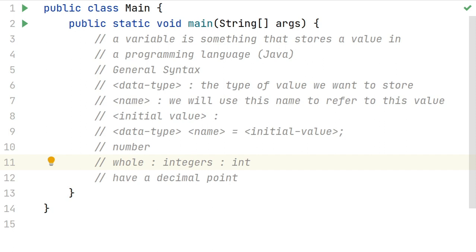If you want to say that I have a value that is an integer, in Java we write it with an int, right? So let us use this. We will store an integer value in our program by creating an integer variable, right? So we'll do that. Int, following the syntax, the data type, and then the name of the variable,